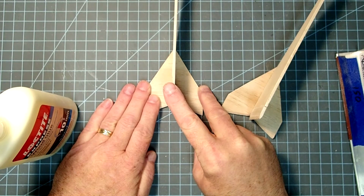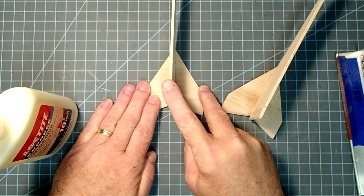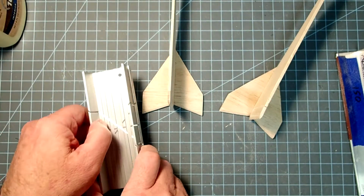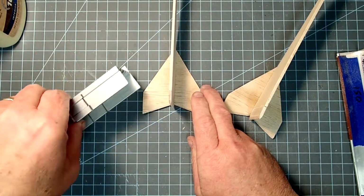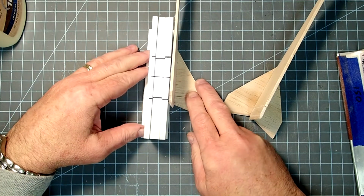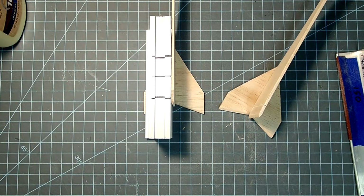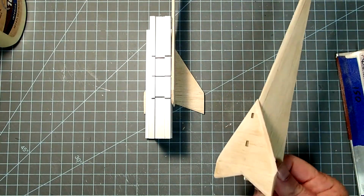And then if you have a small triangle, square, or a small block of something perpendicular and heavy, you can put that in. In my case here, I'm going to use this little miter box. And I can just put that right up against it to keep it square. And then once this dries, we'll put in some fillets to strengthen everything, and I'll do the other fin set